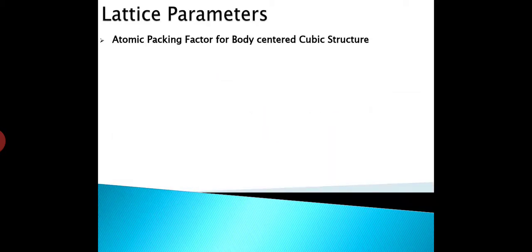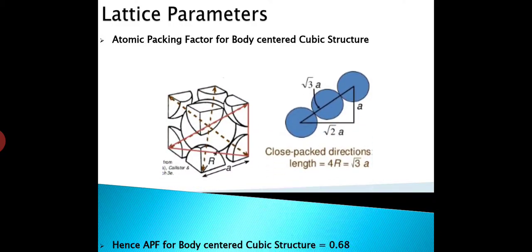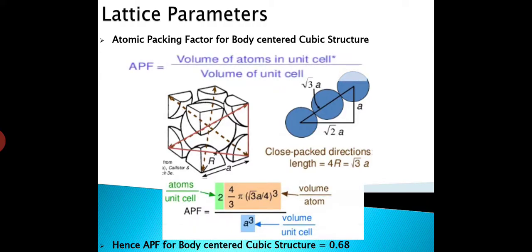For the second structure, body centered cubic structure, that is BCC, the formula is the same for APF, only there is a change in geometry. As the BCC structure has a central atom, the geometry is considered in 2 squares of that cubic structure. So we use the Pythagoras theorem for both squares, and we get the geometry, that is 4r is equal to root 3a, or we can say that r is equal to a root 3 by 4.